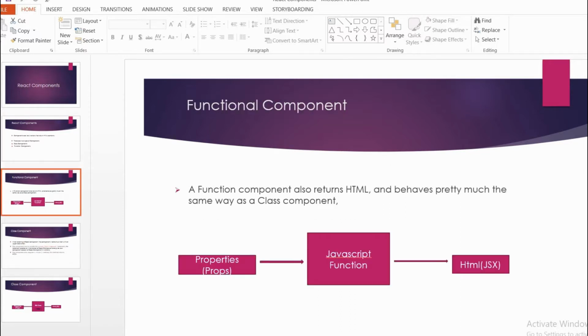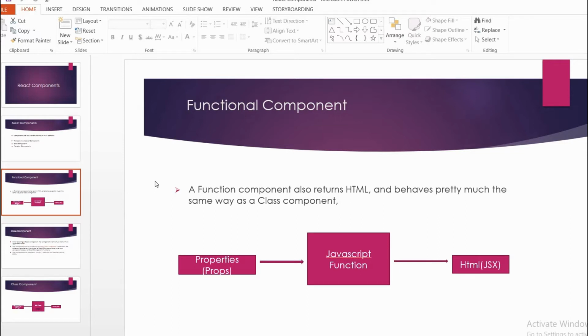Next, first of all, we want to know what a functional component is. A functional component is also written in HTML and behaves pretty much the same way as a class component. A functional component is just a JavaScript function.